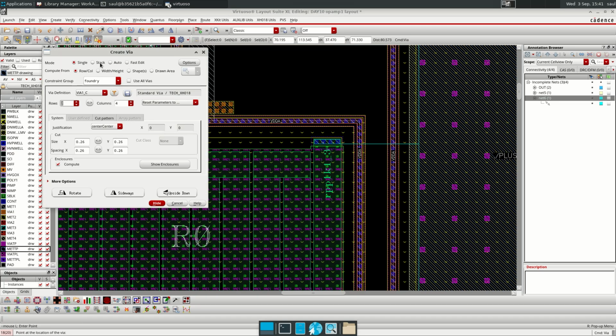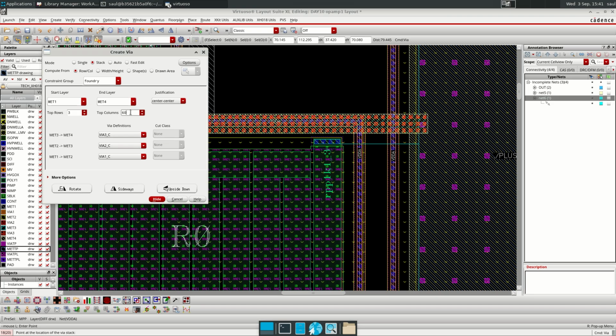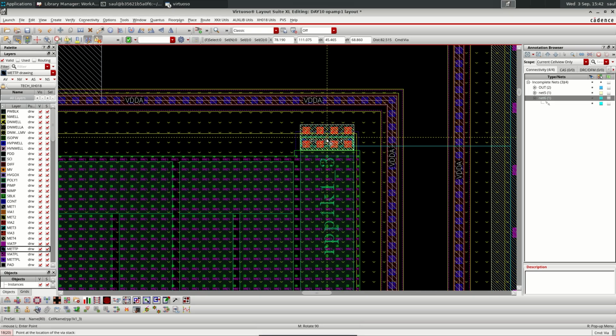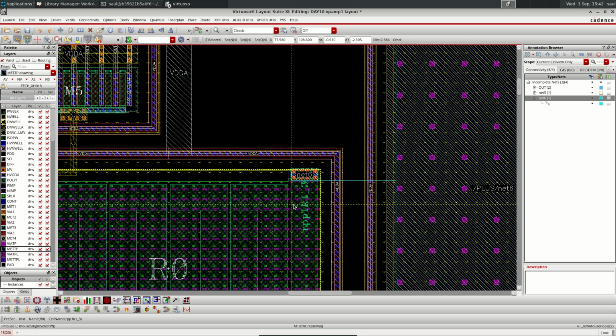I will bring a stack from metal 2 to metal 4, and here it is not really very important. I mean, it's a resistor of 60 kilo ohm, so I really don't care much about the resistance here. So we put this 2x4, and then